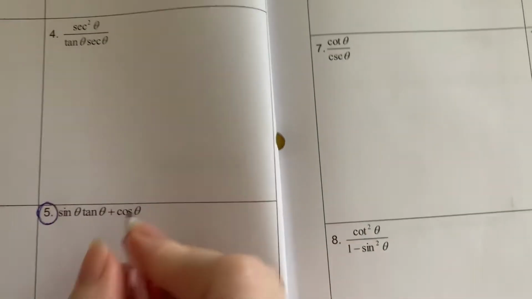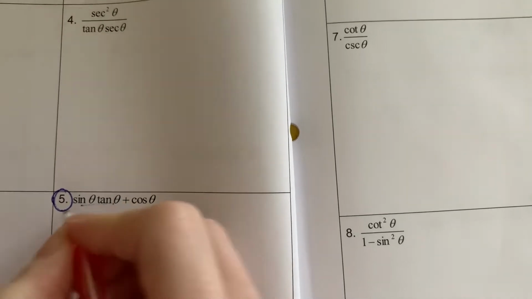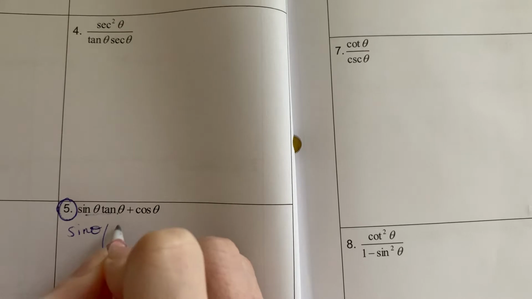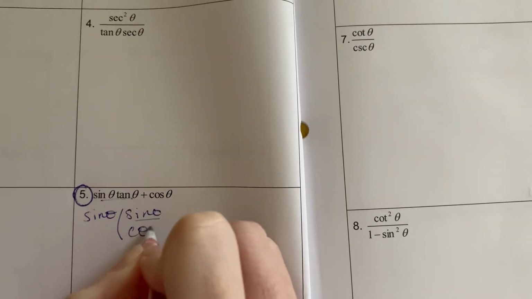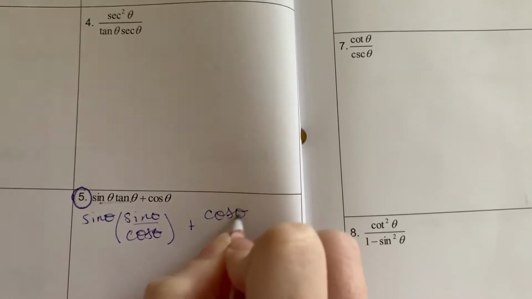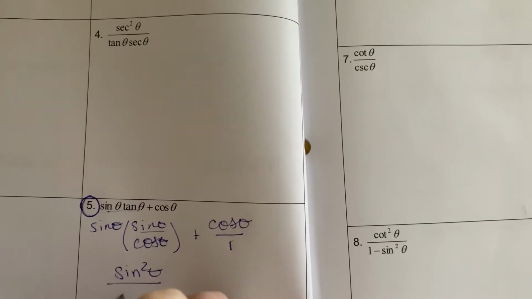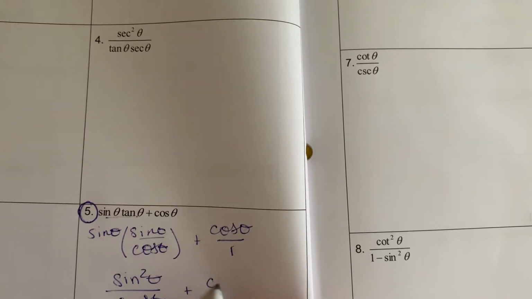Let's go down here to this beauty. See right here, we got some stuff going on. All right, sine and tan. So sine I'm going to start with, and sine is just sine. Then tan, I'm going to say sine over cosine. Oh boy, do you see what's happening? I'm getting excited. All right, so right now I have sine squared theta over cos theta plus a cos theta, and I have